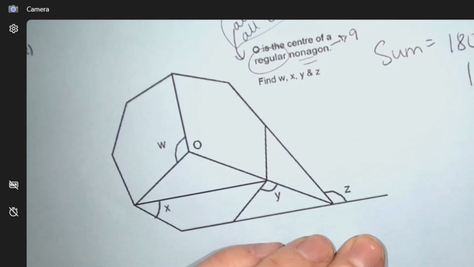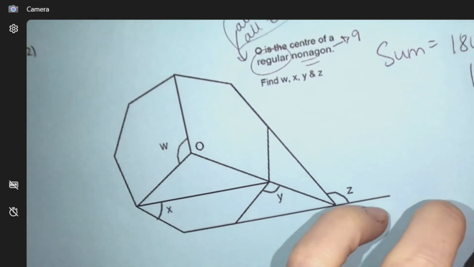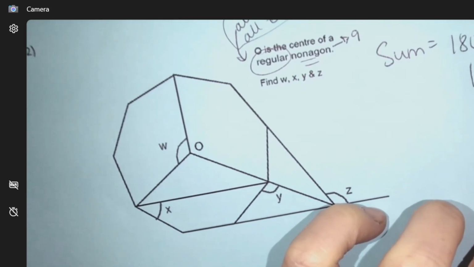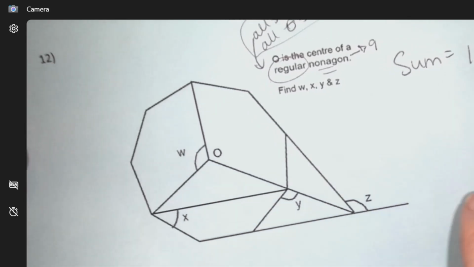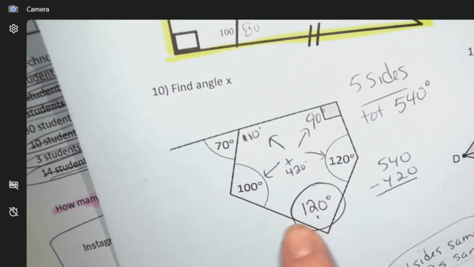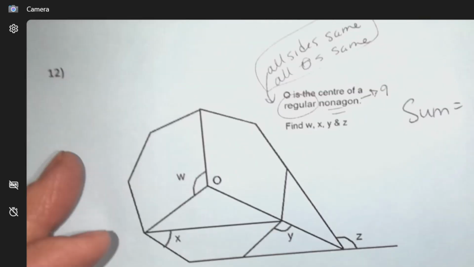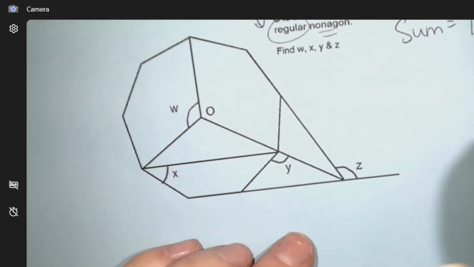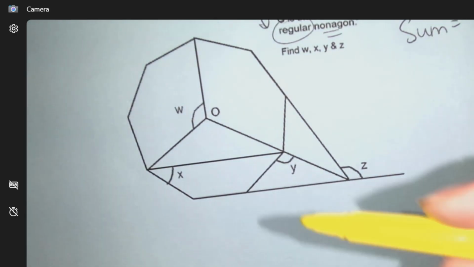So I need that many degrees, and if they are all the same, I can divide, okay, in the regular. So I couldn't do that on this one. That's not a regular, right? You can't do strategies like that there, but with the word regular you can divide. Okay, so each corner